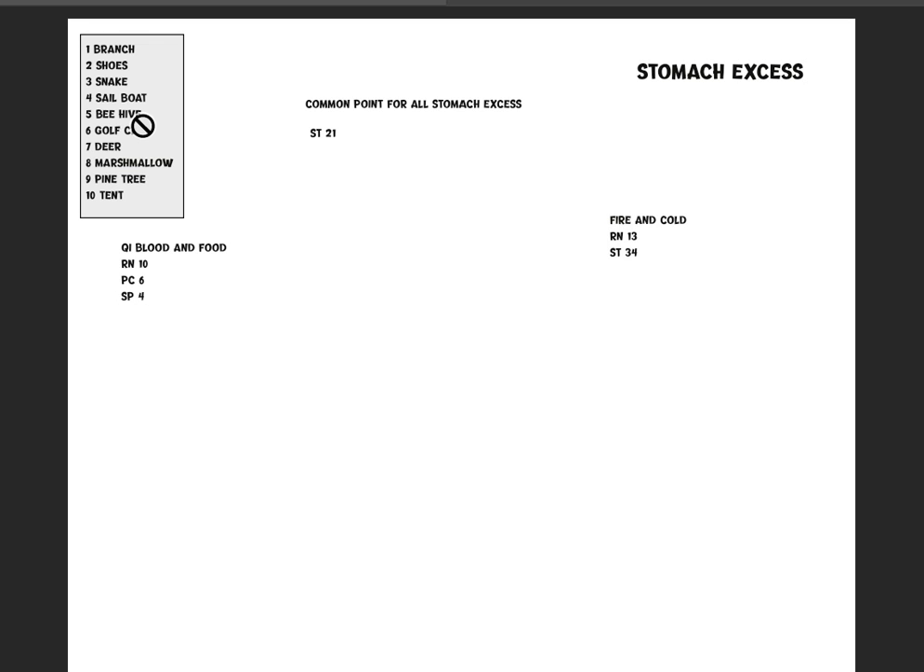So let's take a look at stomach 21. Stomach 21, that's a 2, which is shoes. And I put the little characters up on the top left to remind you of them, like I would do each time. So you have stomach 21, shoes, and a branch. Because it's stomach excess, and so you can remember it's stomach 21, I'm going to draw